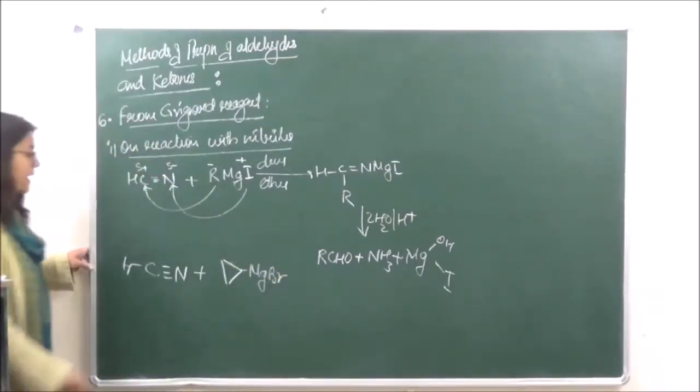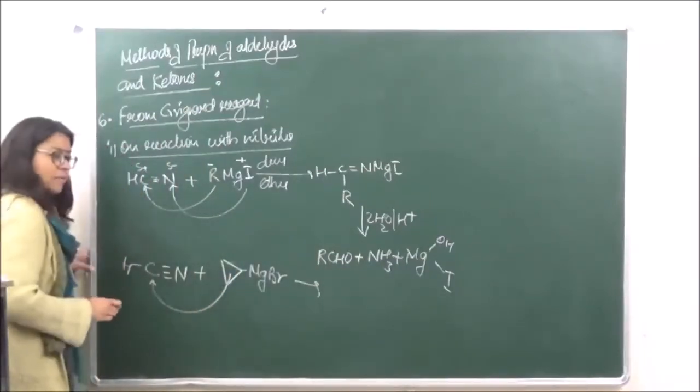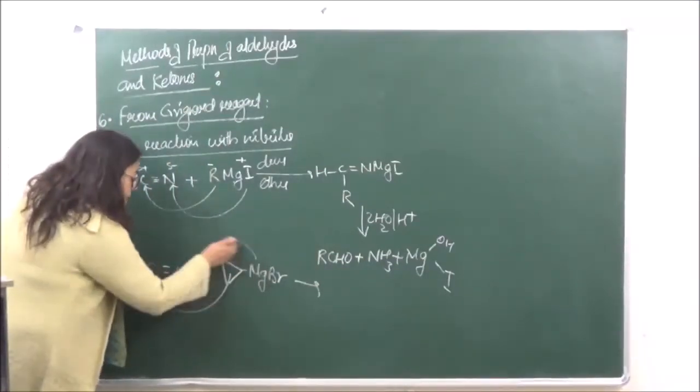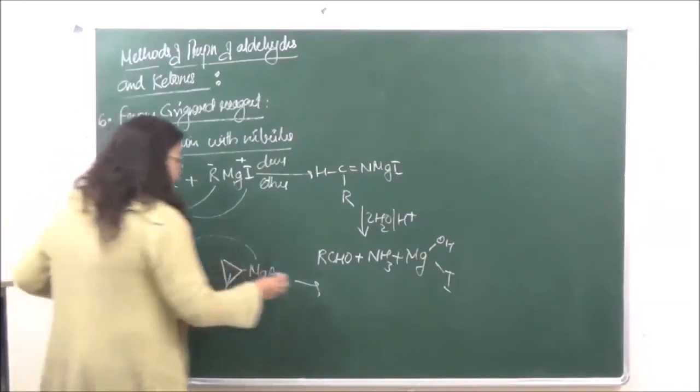Okay, now what will happen here, as I just said, this is going to go and attack at this carbon atom and MgBr will attack at the nitrogen. So we are going to get an addition product of the type